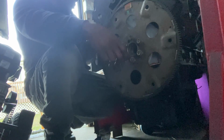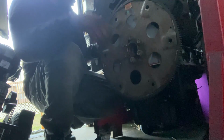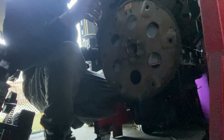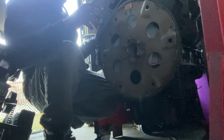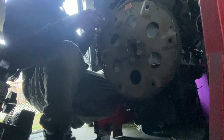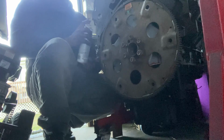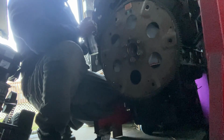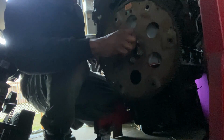Just try not to lean on this again. That's what I was telling y'all I was doing earlier, was spraying it with that liner. And I turned around and forgot I still had that kind of wet. But anyway,